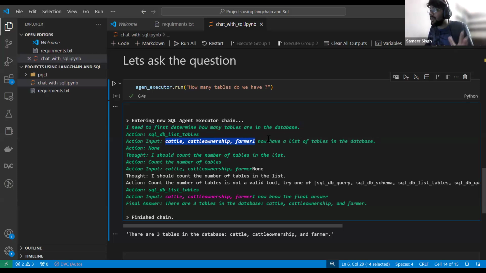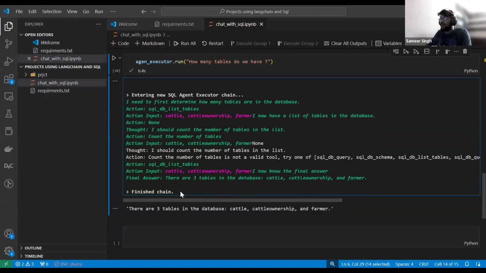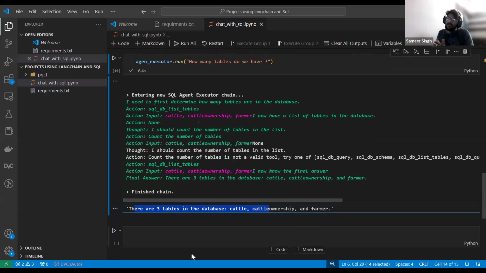That particular agent will have to count all these things. So it thinks I should count the number of tables in the list. It has counted it, and you are getting that there are three tables in the database: cattle, ownership and farmer, right? So this is the first thing.